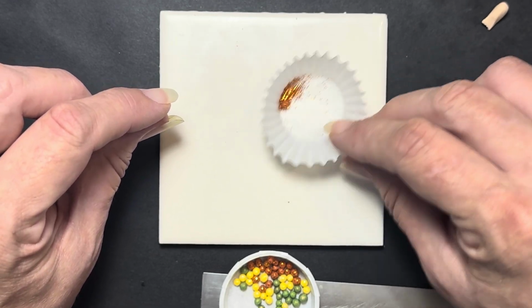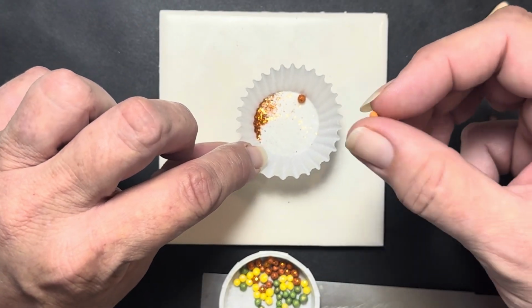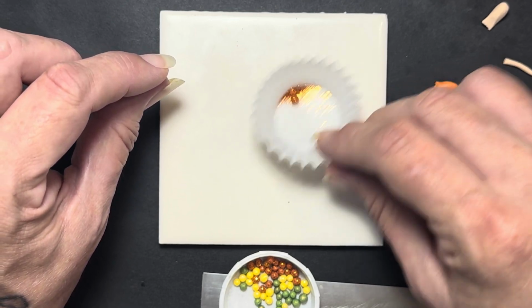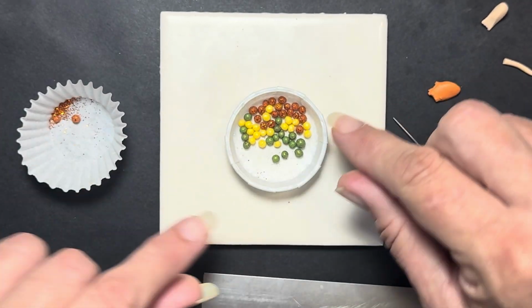So I just shake that little ball of clay into the glitter, and I do 1 piece at a time, and after each piece I shake it around in the glitter, and this prevents the pieces from sticking together. Now I do 3 different colors. I did yellow, green, and orange with different colors of glitter, and when you're done you can even bake them